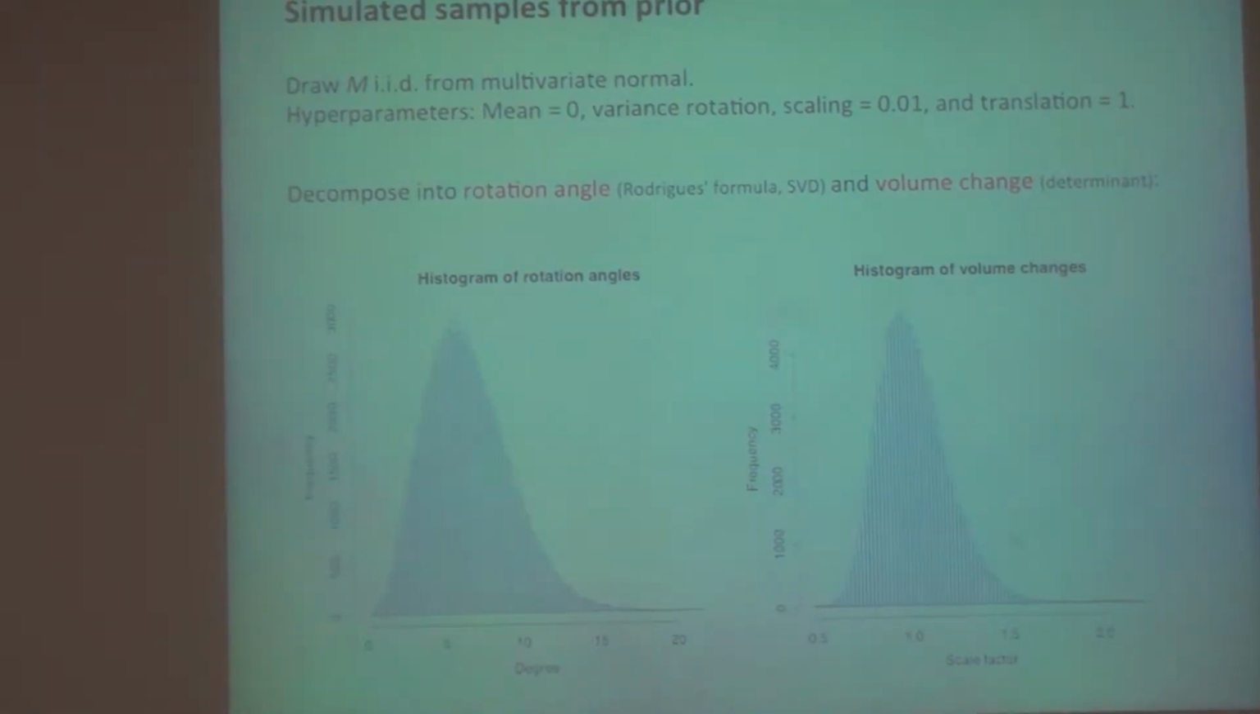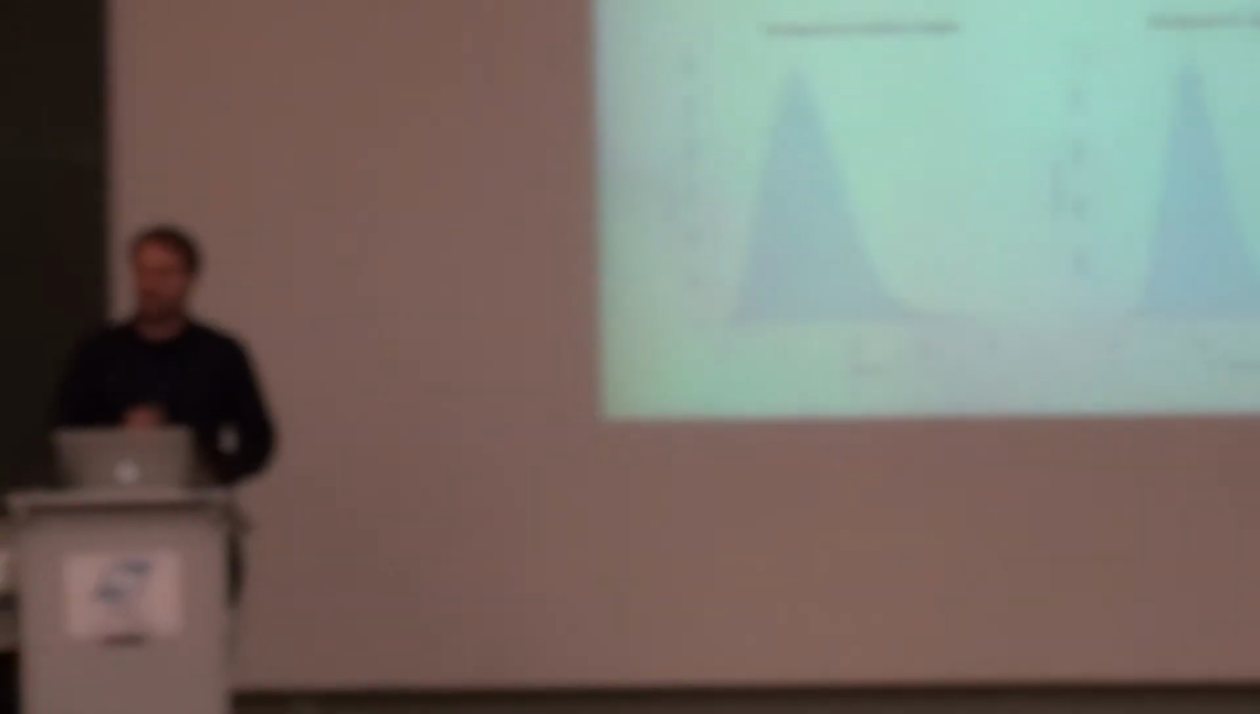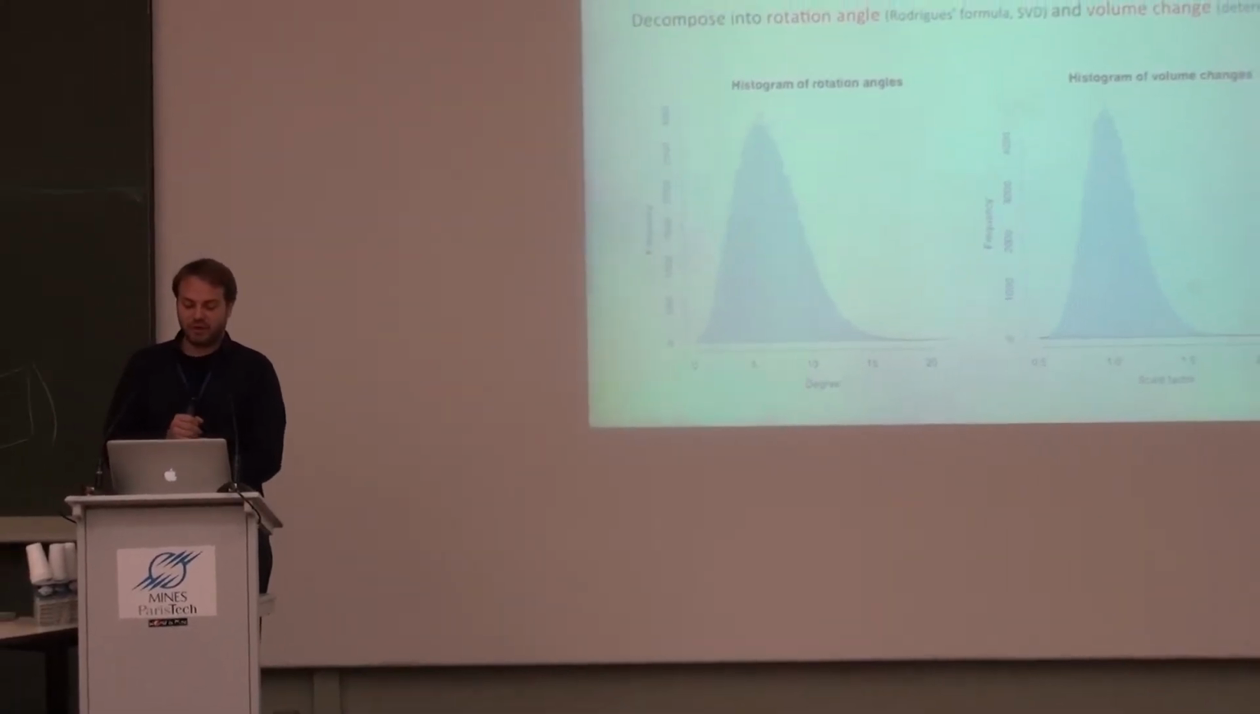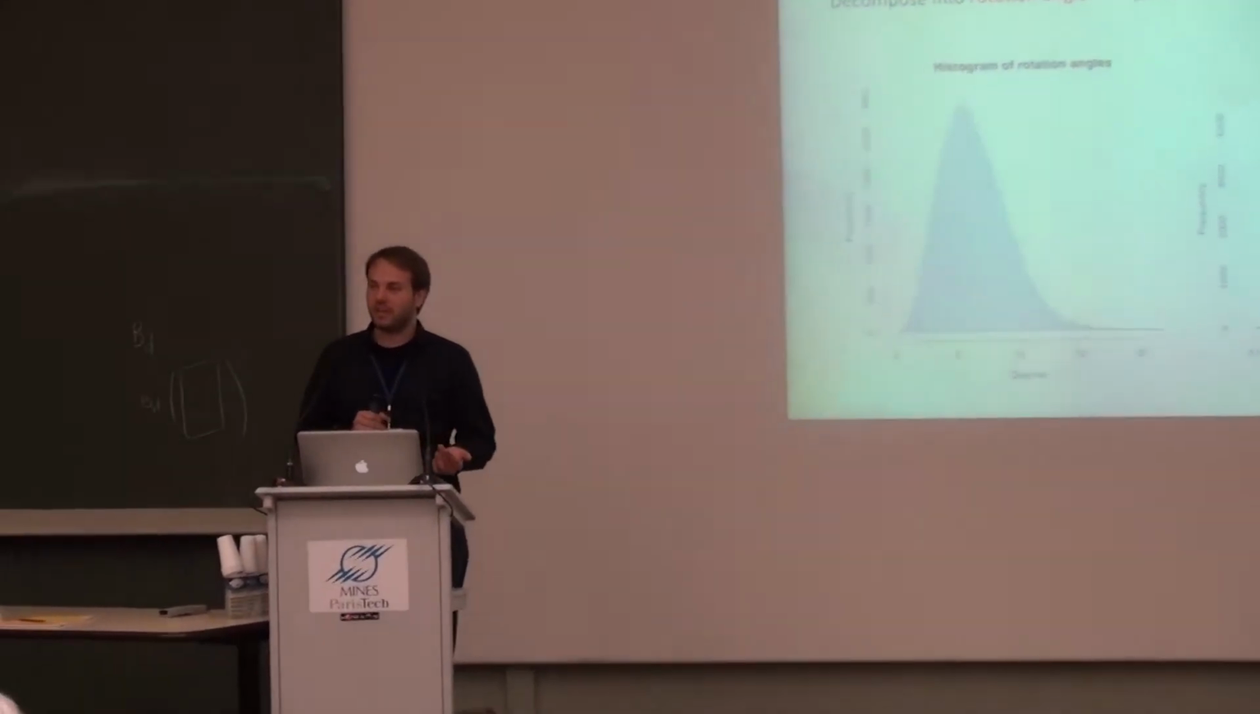On the left side, you see the rotation angle of the affine transformation, computed using SVD and the Ricketts formula. With a given set of settings of the hyperparameters, you see that the angle of rotation has its mode around 6 to 7 degrees. Another interesting statistic might be volume change for each transformation, which is around 1, so no change in volume from the template to the patient. And it ranges between half the size of the template, or double, or 50% bigger for a specific region of